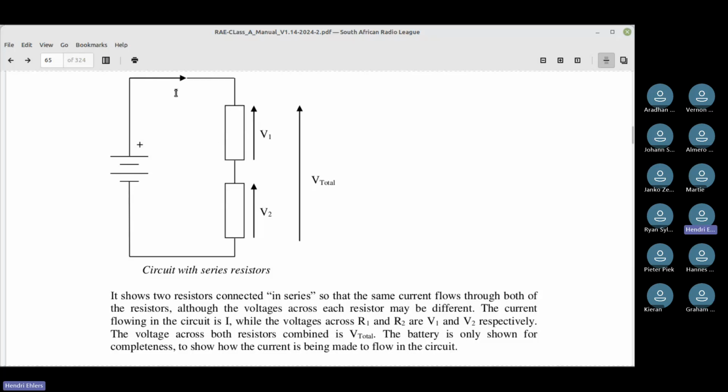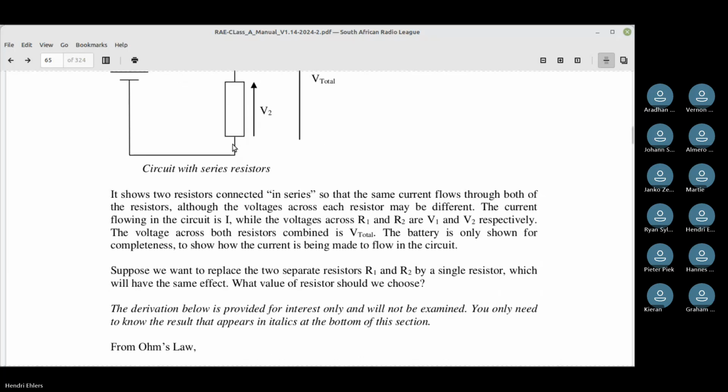And once we've got I, we can times that with this resistor and times that with this resistor, and we can get the voltage drop through each one of these. And by adding those voltage drops together, we should get the total voltage of this battery again. And that's how you can check yourself. So if you can get this section right, if you understand it and you can do it well, it's points in the bank. It's one of those things that if you understand it and you get it right, you got the points.